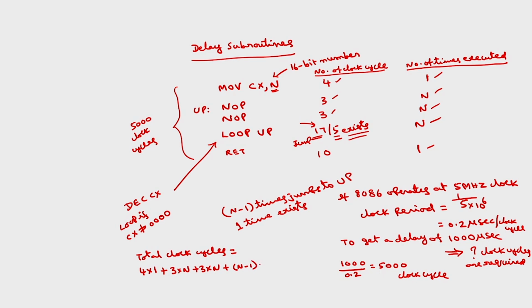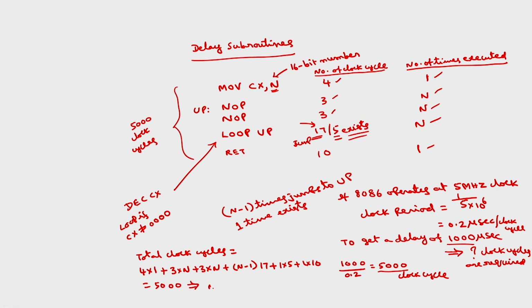So, (n minus 1) times 17, plus 1 times 5, plus 1 times 10, this should be equal to the total number of clock cycles. If this is equal to 5000, then we will provide a delay of 1000 microseconds. If I solve this for n,